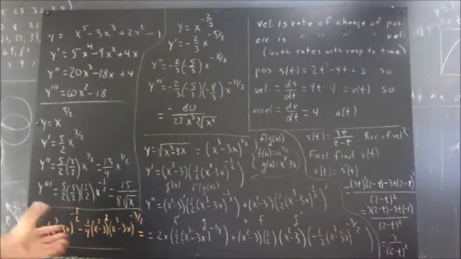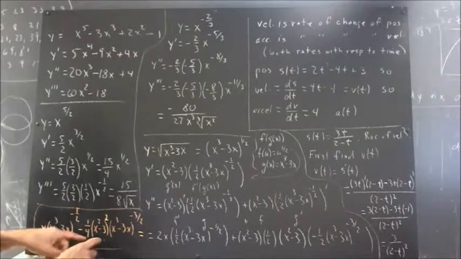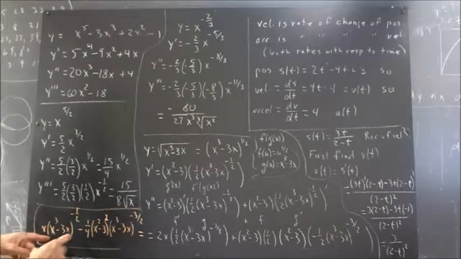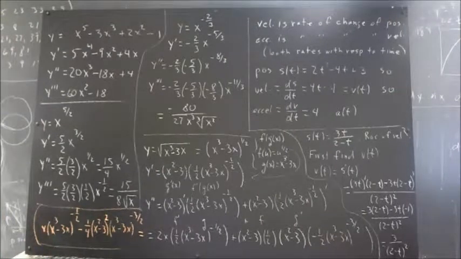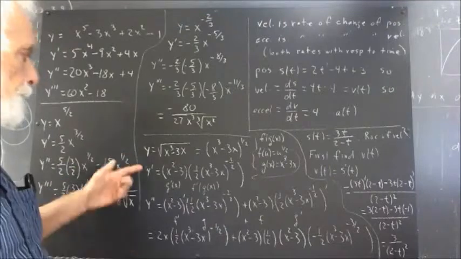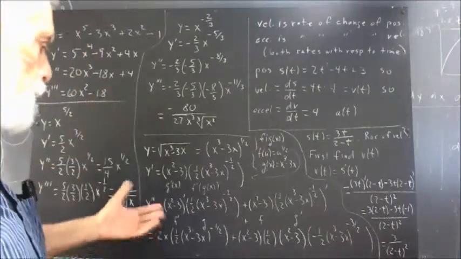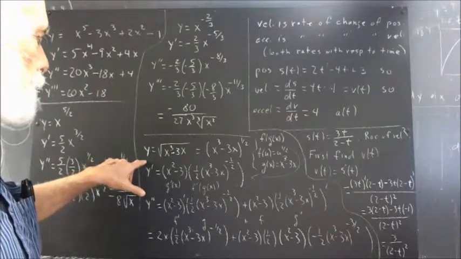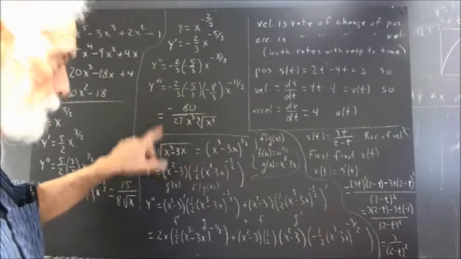So when you take this next derivative again, you have a product here, and you have a product here. And one of the functions in the product is a composite function. So it's going to get a little bit messy. Manageable, but messy. Now we take some higher derivatives, just the first and the second derivative, because the derivatives get pretty complicated. First and second derivative of y equals the cube root of x cubed, square root of x cubed